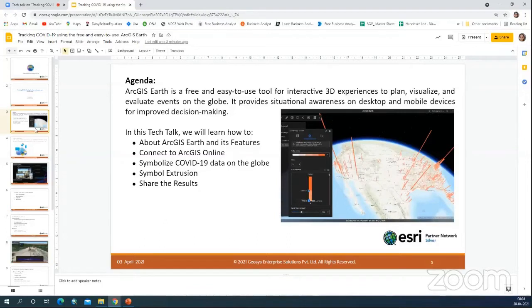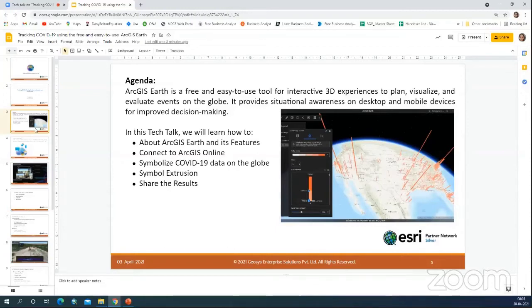Here we can experience the 3D view of the data, and accordingly we can plan, visualize and evaluate events on the globe, which in turn helps us provide situational awareness on not only desktops but also on tablets and mobile devices for improved decision making.